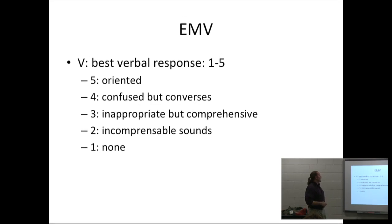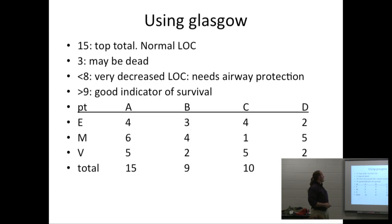Verbal: they're oriented, confused but converses, inappropriate but comprehensible. I bet that's a typo. But, I don't know. Sorry. And then incomprehensible sounds, and then none. Again, you get that if you're dead. And then just to complicate things even further,